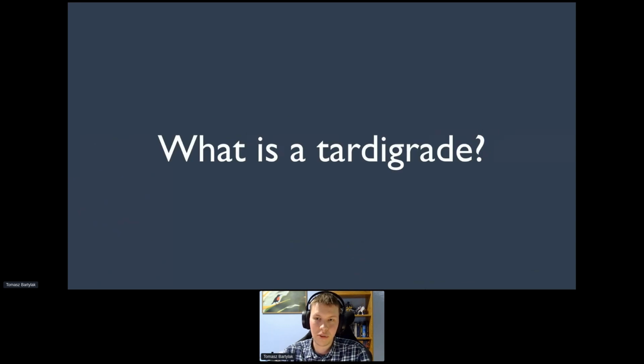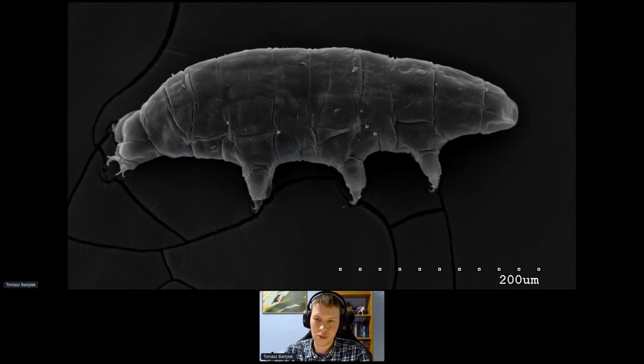So first, I would like to say a few words about what is a tardigrade. Tardigrades are those small invertebrates. It's a pretty large group of animals. Here you can see there is a mouth, there is a back end of the body. They're not very big, usually not bigger than 1 millimeter. That would be very huge for them. However, they are most relevant for our topic here today because of their ability to withstand all kinds of hazardous conditions at every stage of their life cycle.